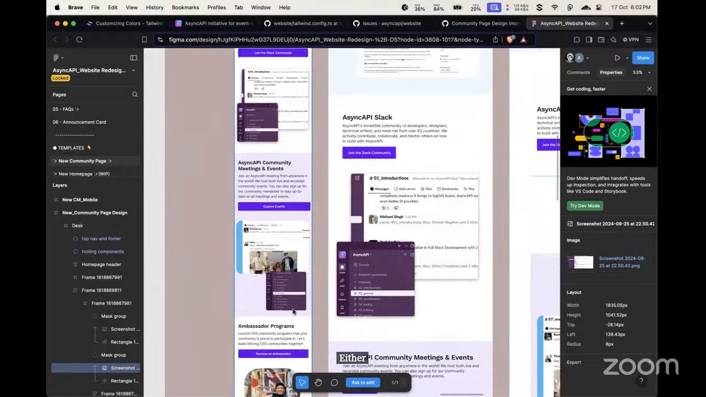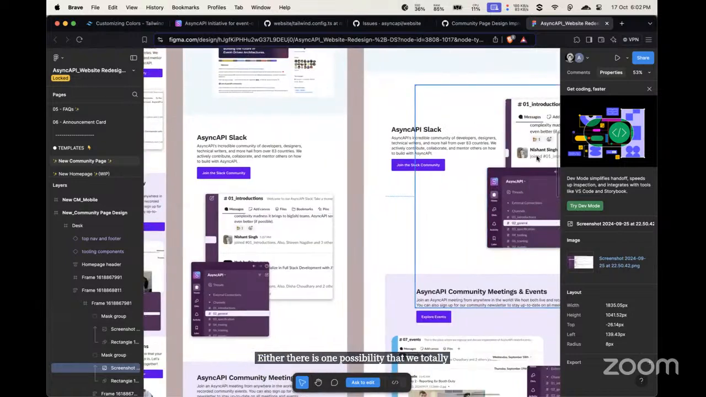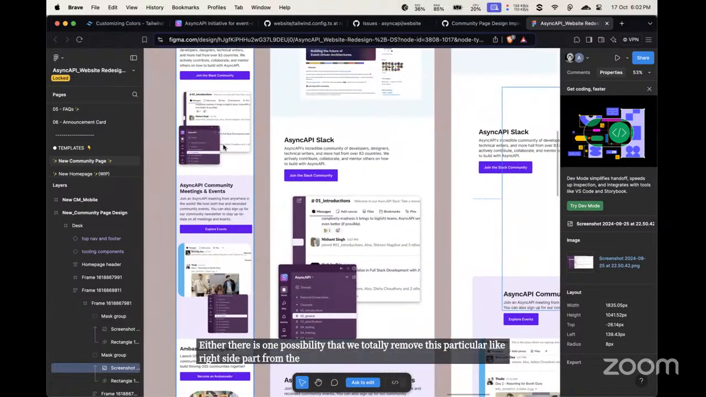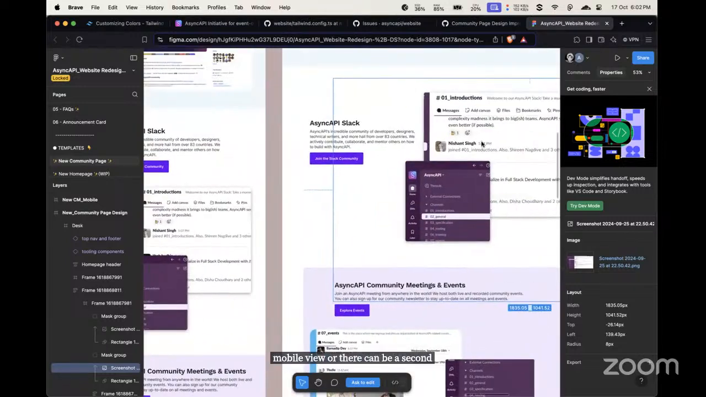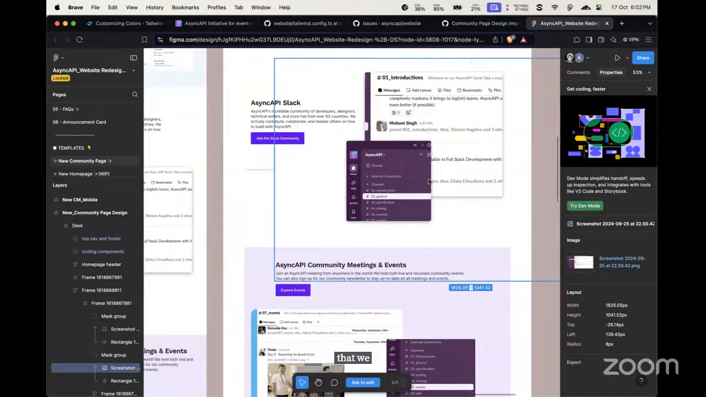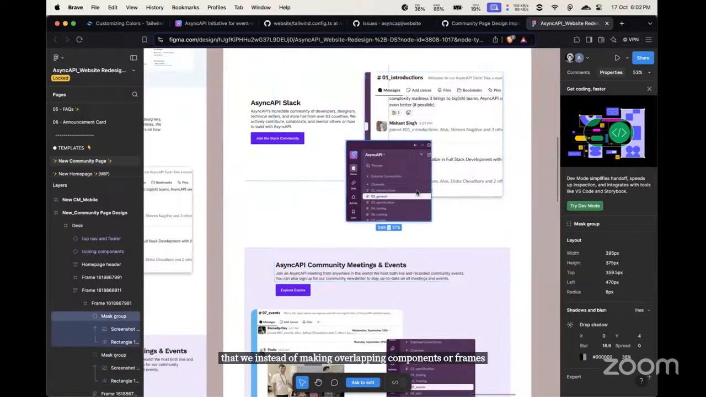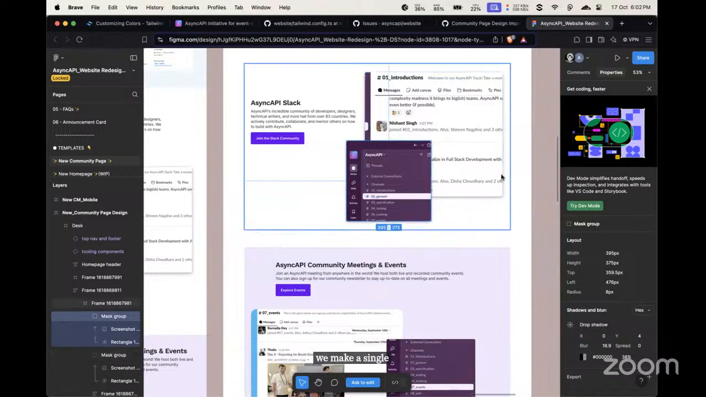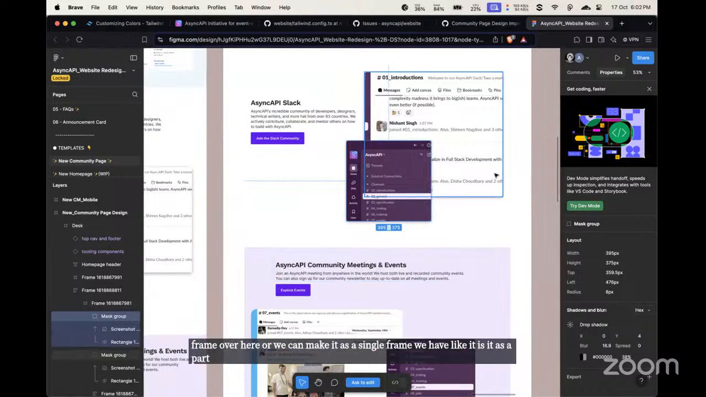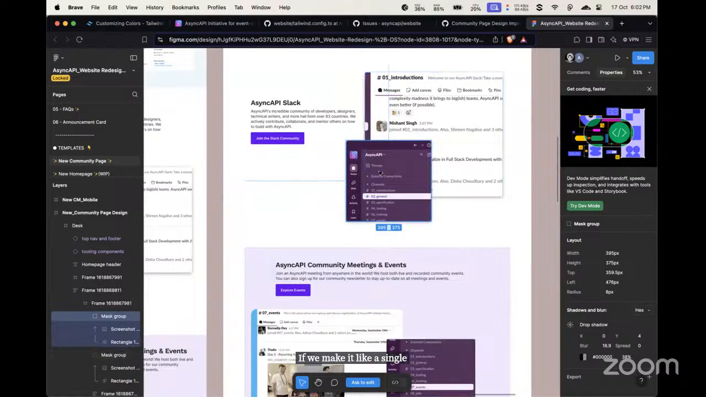Either we totally remove this right side part from the mobile view, or a second good possibility is that instead of making overlapping components or frames over here, we make a single frame. We can have it as a single image and render it over here. If we don't make overlapping components inside the website, it will be easier for developers and others to handle the responsiveness at each